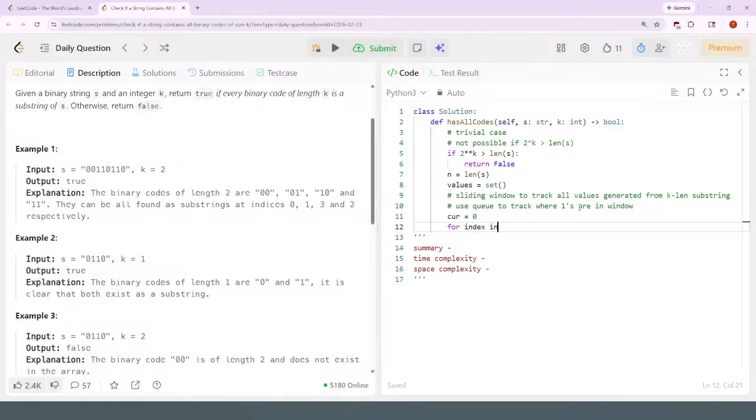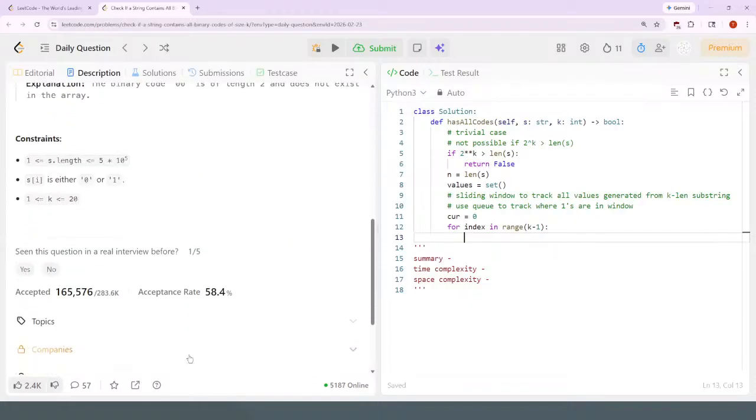For index in range n. Actually, I think this needs to be initialized for index in range k minus 1. How big is k? K is up to 20. Okay, fine. For index in range k minus 1,